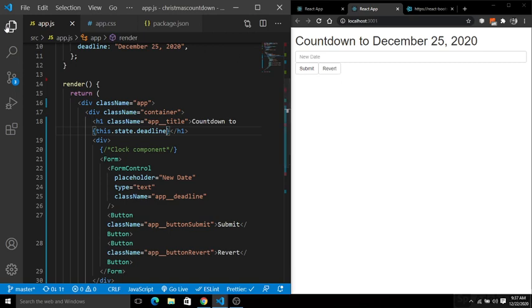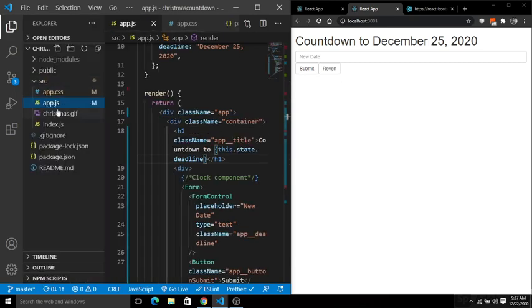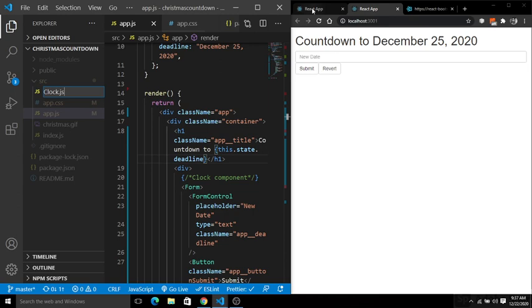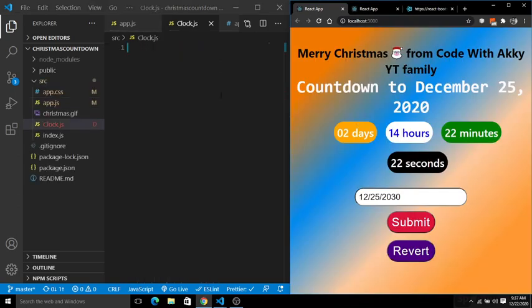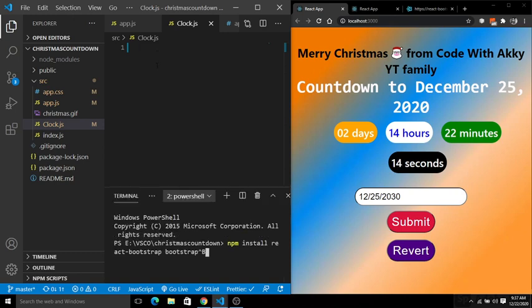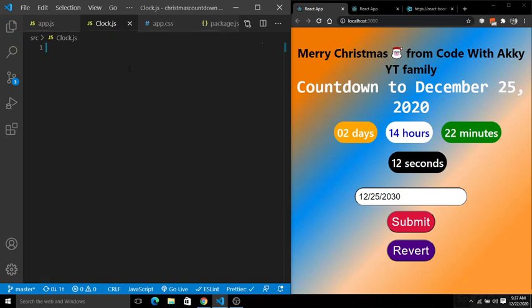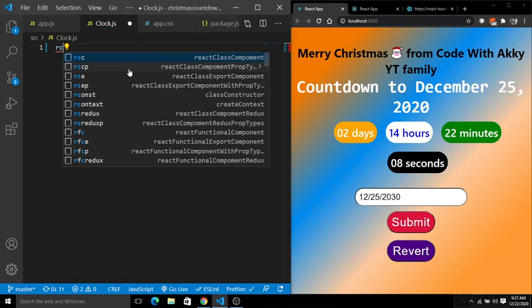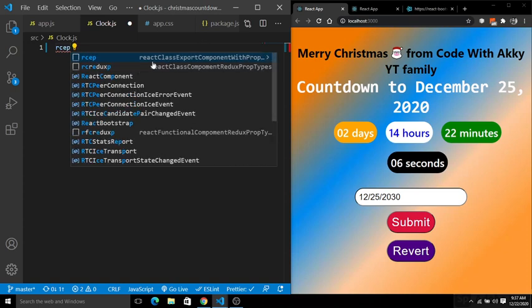Let's go to the source directory and create a component here, clock. For this you can see here the date, everything like this. So I'm going to create the clock component here. Inside here I am going to create a class component. So let's do the following: R C E P. You can see here React class export component with props.